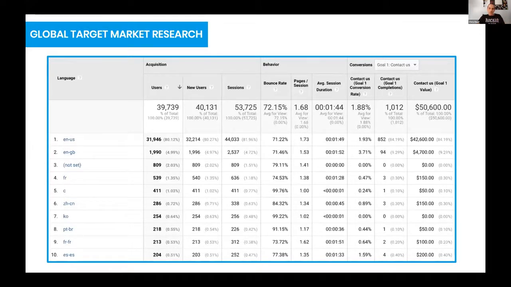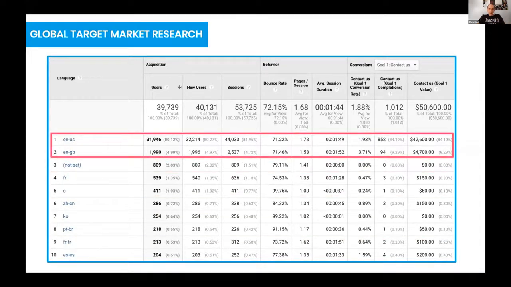You see a screenshot here of one of our customers. We noticed that they are already selling products into the UK. And we're like, hey, why are we not implementing an international SEO strategy so that we can make the website appear more prominently in the UK and boost sales? And I have a nice example of a specific product that was taking off like crazy in the UK over the pandemic.